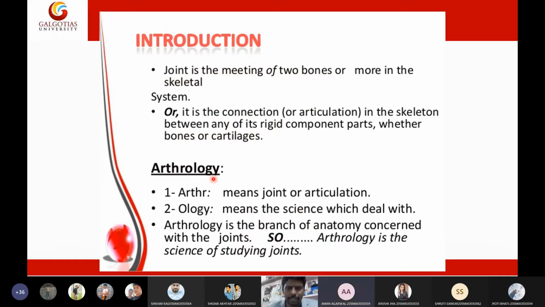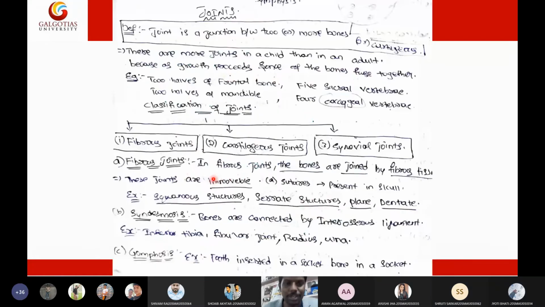Yes, sir. So a synovial joint is an example of what? What type of joint is it? Mobile, freely mobile, or immobile? Movable. Okay, freely movable. Then fibrous joint: what type of joint is it? Immovable. Very good. Then cartilaginous? Slightly movable. Very good, very good. So that's it, students.